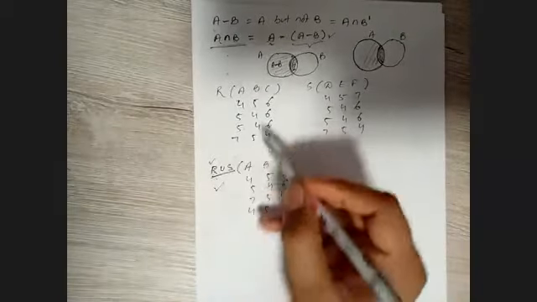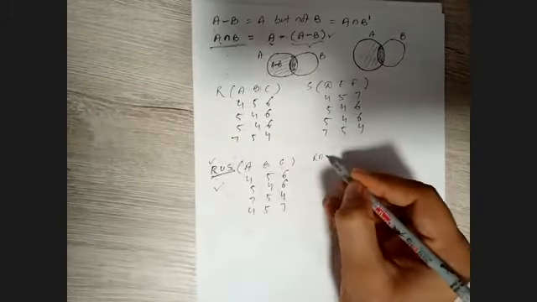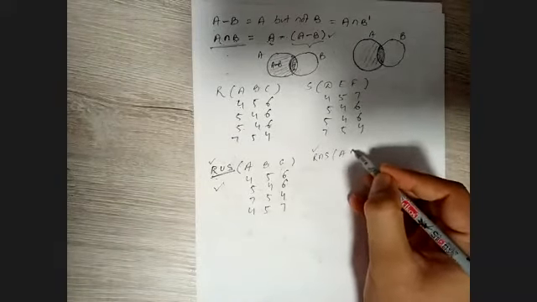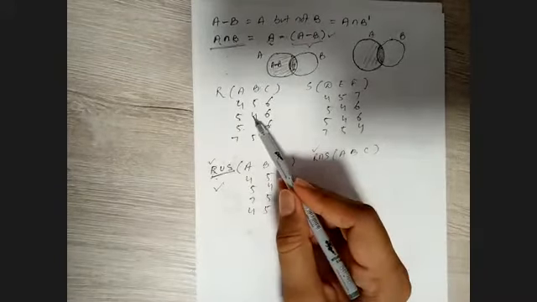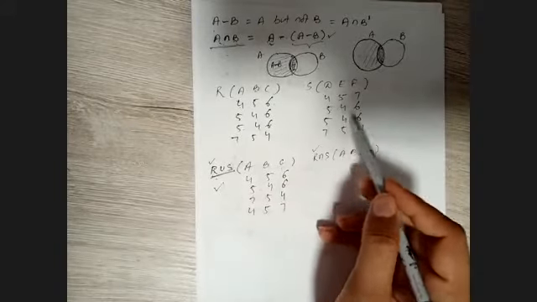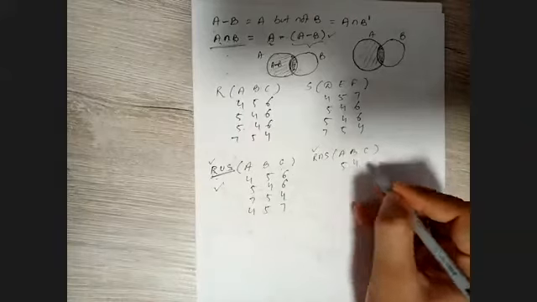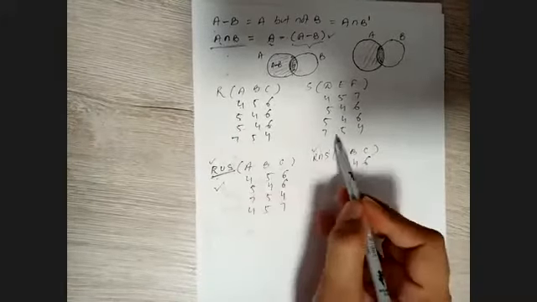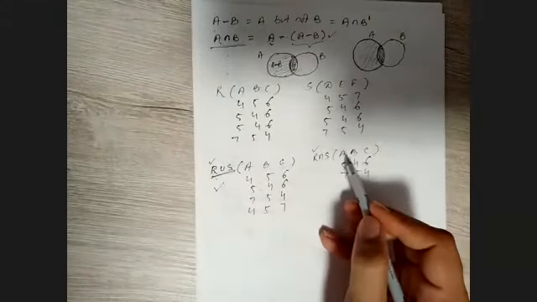So for R union S in this way, the domain will be of R only. In the same way, when we talk about R intersection S, the domain will be for R only, A, B, C, and the common part. Is there any 4, 5, 6 here? Yes, 5, 4, 6 is present, not repeating. 7, 5, 4 is present too. So 7, 5, 4 is for R intersection S.